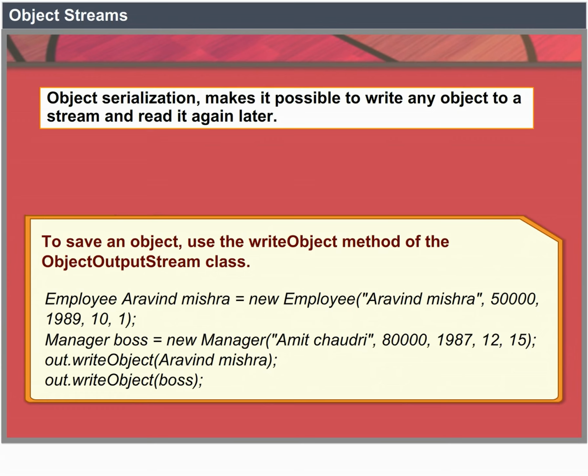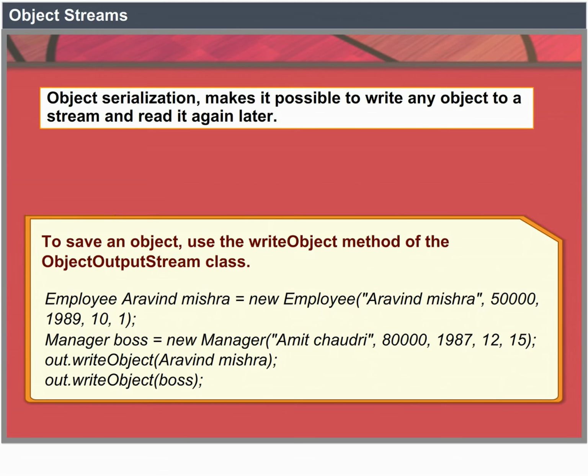Employee Aravind Mishra = new Employee("Aravind Mishra", 50000, 1989, 10, 1); Manager boss = new Manager("Amit Chaudhary", 80000, 1987, 12, 15); out.writeObject(Aravind Mishra);